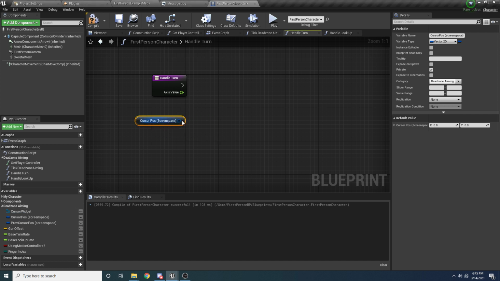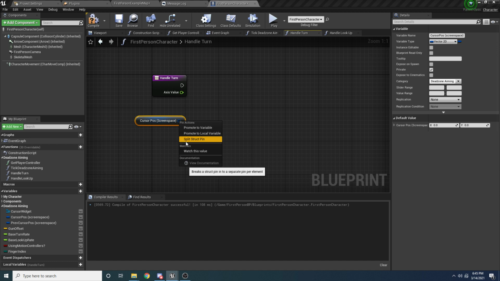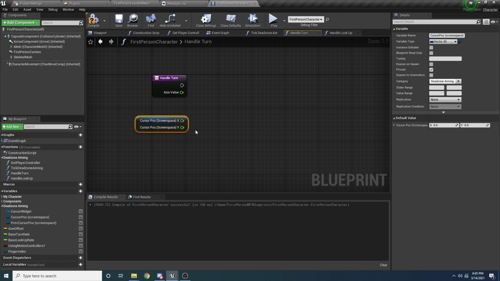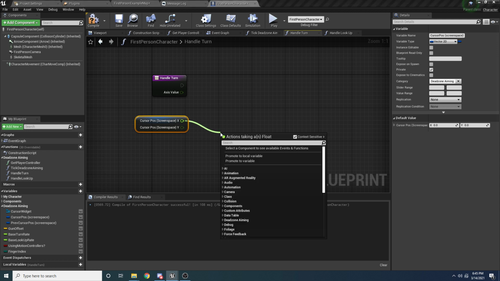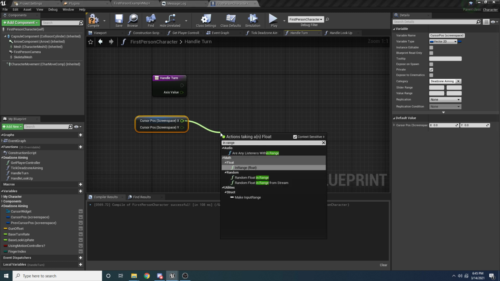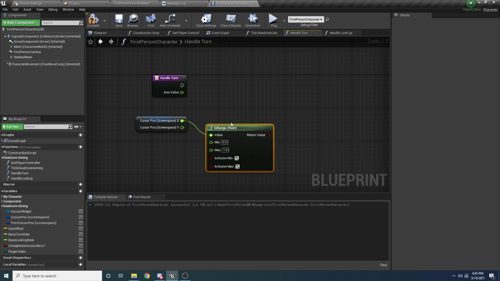And we only want to look at the X value, right? Because we're going left or right. So we can right click on this and say split struct pin. And again, we want to check if this X value is in a specific range. So we can say in range. And then the range here